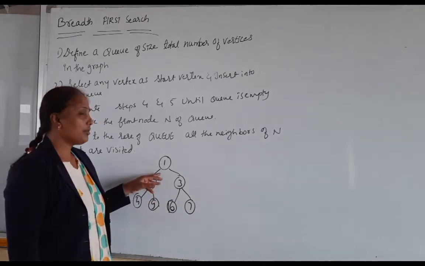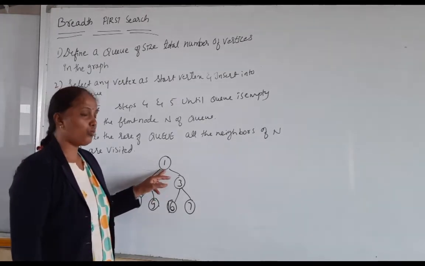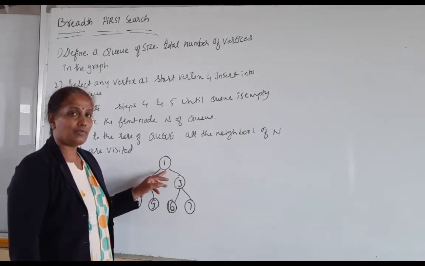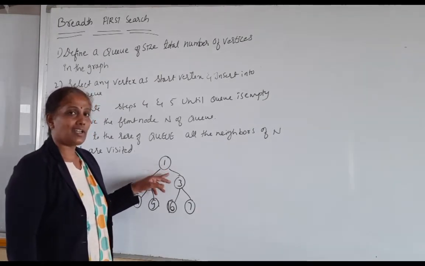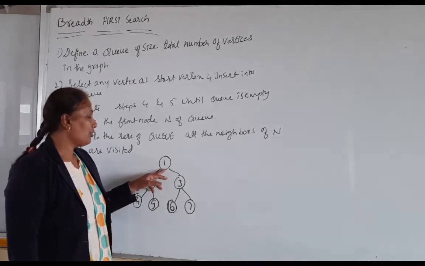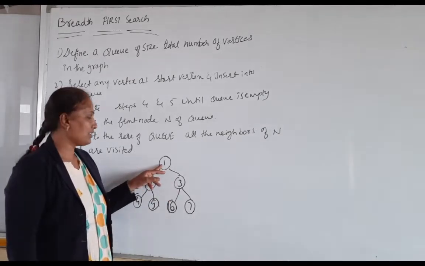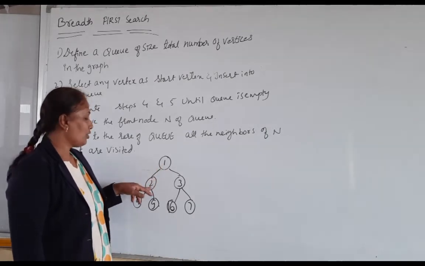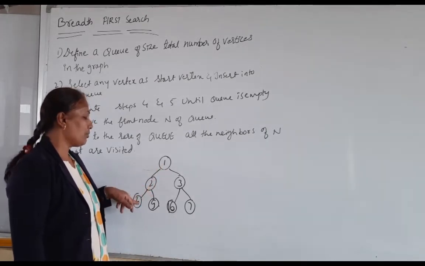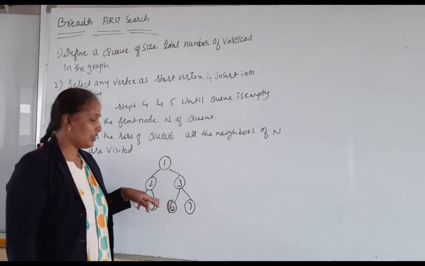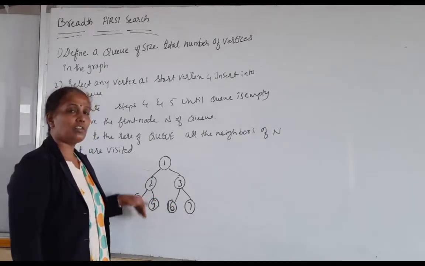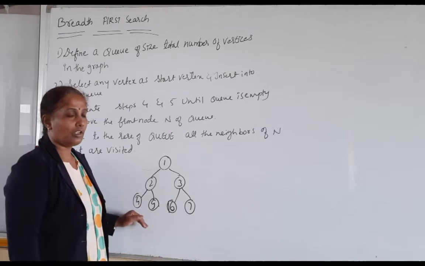So what is the procedure of a breadth first search? Check it out. In the breadth first search, we are going to make one vertex initially as visited, or you can say it is the start vertex of the graph. Then we are going to visit the neighbor vertices of this visited vertex. After that, if they are not visited, we go on to visit their neighbor vertices and so on.